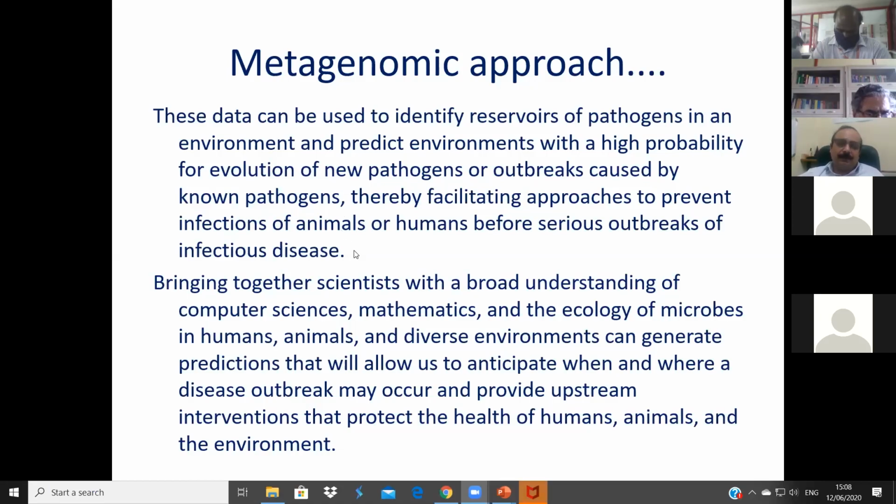So this is what my friend in AIIMS Nagpur and I, along with the National Institute of One Health, are working on, and we will need help from your group, sir, to develop a model, and we should be able to predict such diseases at least maybe 5 years down the line.